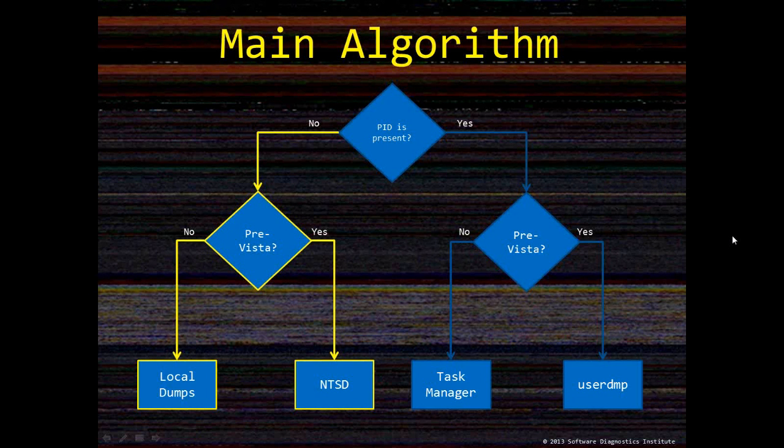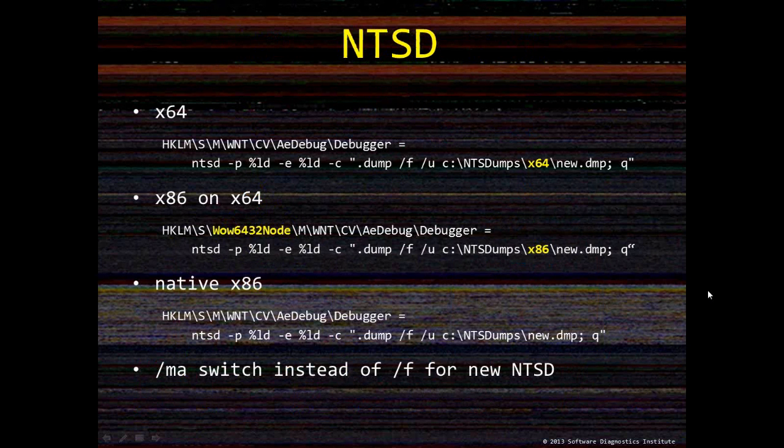Actually, both methods, NTSD and local dumps, work on Windows 7, and we will see this during the demonstration. So these are the different key values you need to use to set up NTSD as a default debugger. Default debugger means that when a process crashes, after exception processing, if there are any unhandled exceptions, then either the process itself on older Windows versions or Windows error reporting will check this register key and launch this process, which then